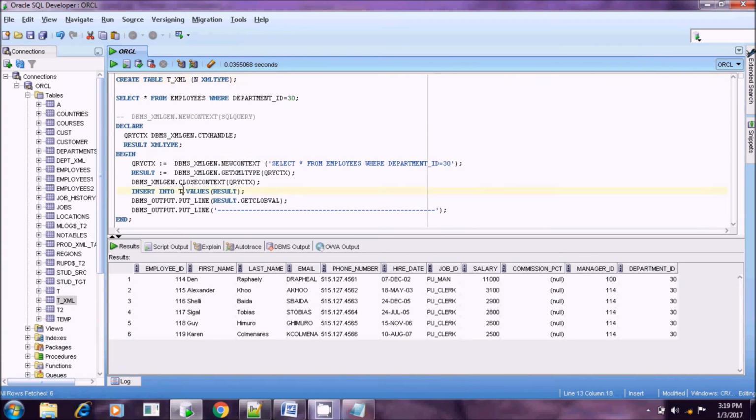For this, I have written a simple PL/SQL program. Using the context handle, we are doing that. First, we have to create a context and then pass that context handle to the getXML or getXMLType function, and then we have to insert that value into the t_xml table. So first, let me create the context handle. How to create the context handle? The context handle can be created